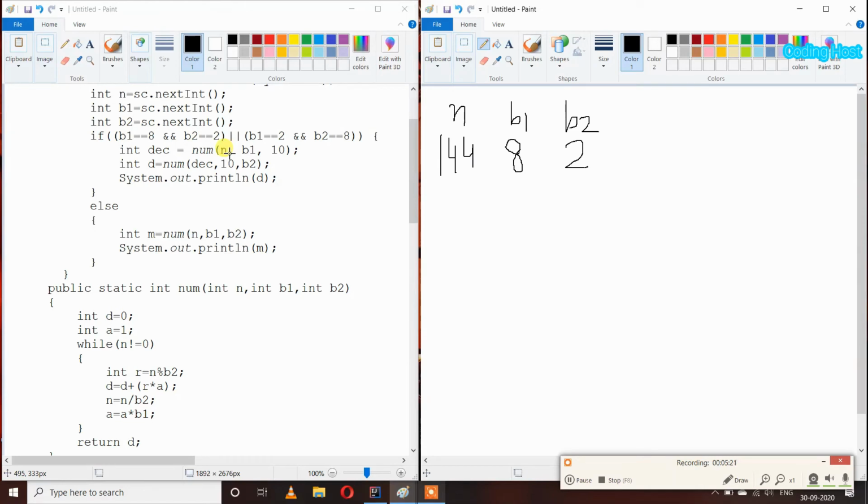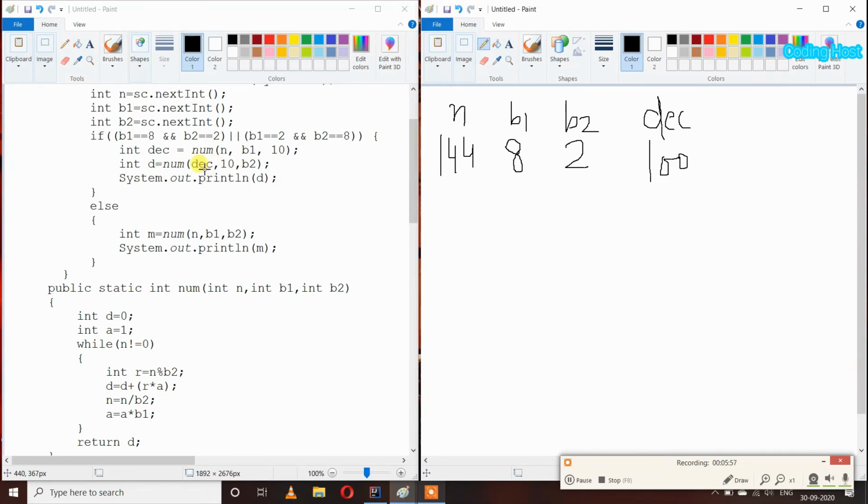And after that I will store that 100 in this int dc variable. So in the dc variable we have 100. After that I have taken another variable int d equal to num, and in this I have passed dc, 10 and base 2. So now we have converted our octal number to decimal.